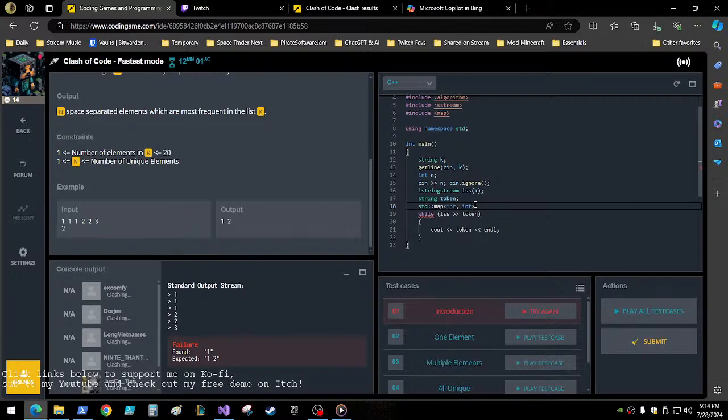Although we could do a string. We're going to call this the elements. Okay. So elements token plus equals 1. Does that work all right? Yes, but it doesn't do anything. So now